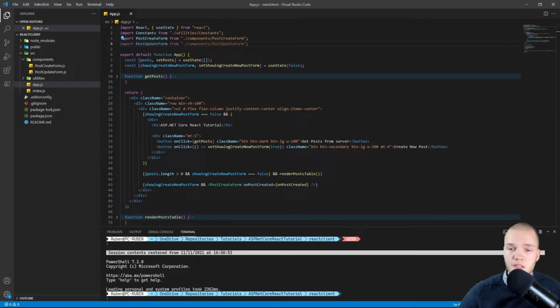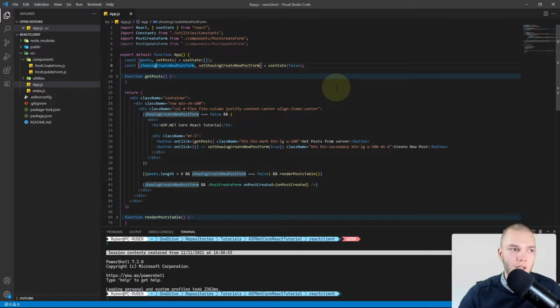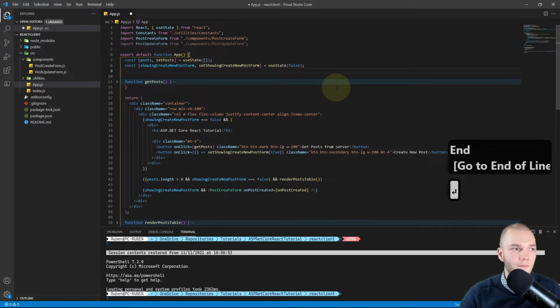For the state regarding the post update form, we'll use an object that holds the post that's currently being updated, and if that's not null, we'll show the post update form. So I'll just add it below the showing create new post form state.